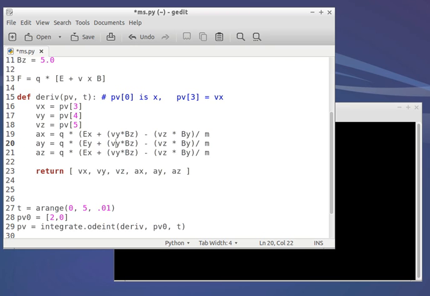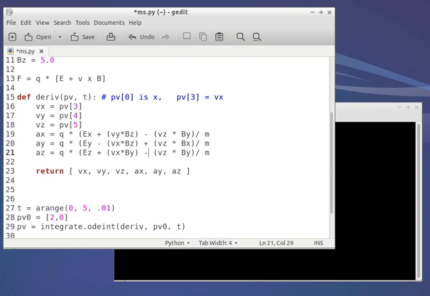Z vx Bz and vz Bx, and here Az this will become z, and here it will be vx By, and the sign also one has to see here,